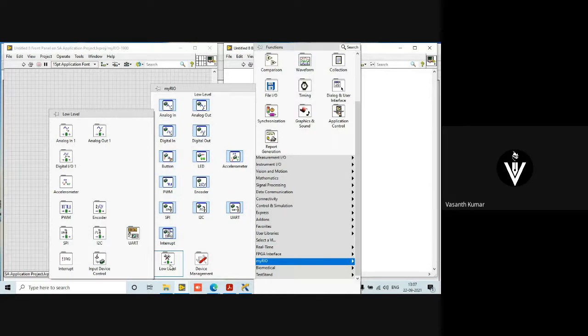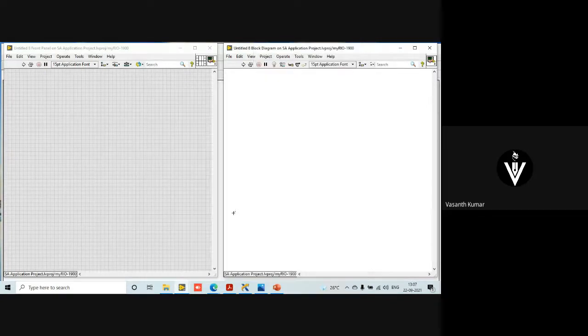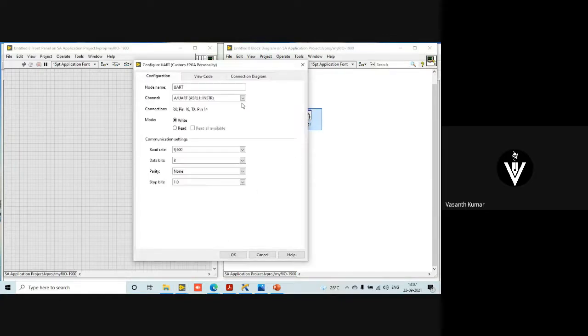Okay. So what is the difference between Express VI and low-level items? Express VIs allow you to configure everything very quickly. Low-level will help you to do the customized programming. See, when I just drag and drop UART, for example, I can do this with UART also, just watch. I'll drag and drop UART. So here, I don't develop the program. Rather, what I do is, I just select what are the features I want. See, you can see that I want the A connector or B connector because it's a replication, right? I have the A UART, I have also the B UART.